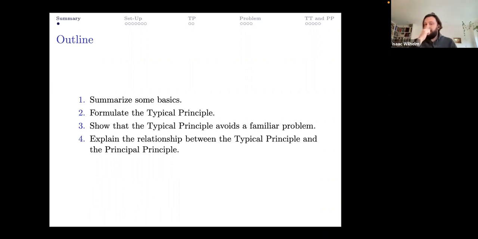Nevertheless, people who thought that the full force of these principles was required, that rationality really required the entire principle or the entire typical principle, will have reason to think that both principles should be endorsed. So even though I'm going to say a lot of things that suggest that the typical principle is the more fundamental principle of rationality, because it implies the verdicts of the other principle, I'm also ultimately going to suggest that certain prominent theories of rationality will require both. Okay,